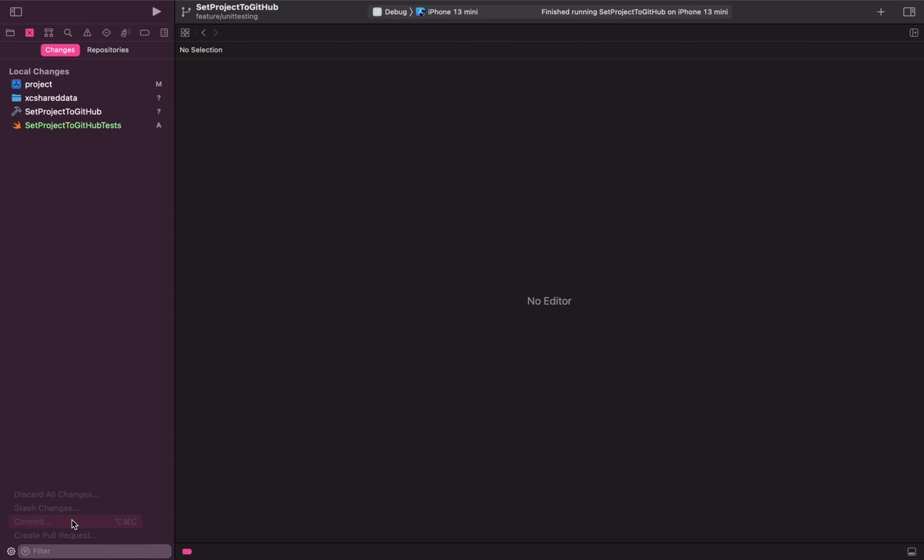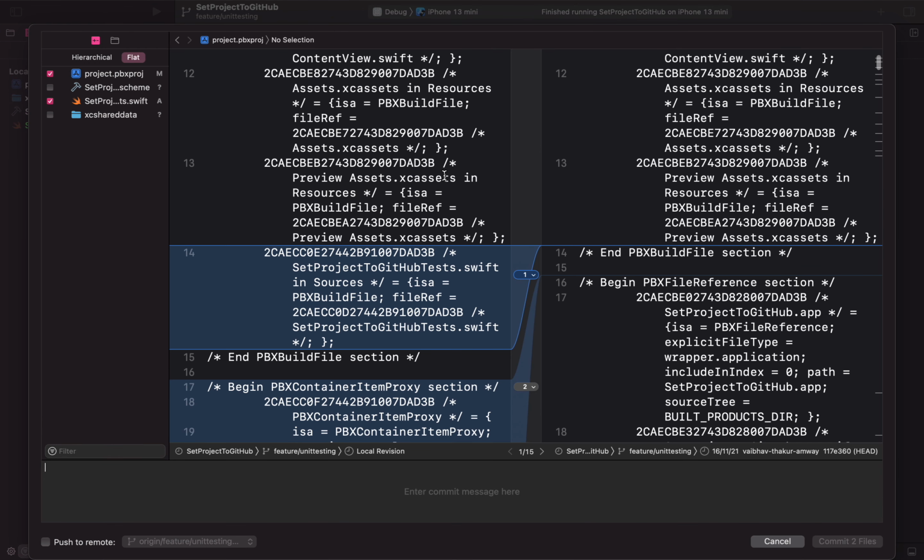Just click on that, and it will show all the different things we have made changes to, along with the scheme and the files and folders which just changed. Here put a commit message saying something like added unit testing target.